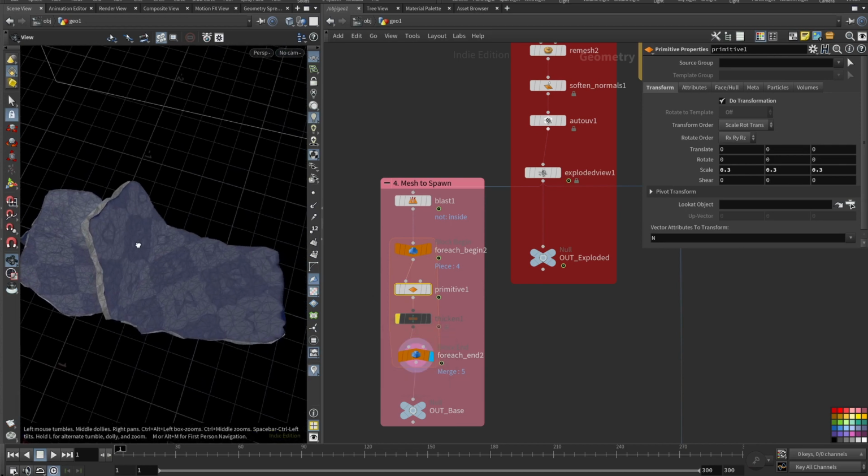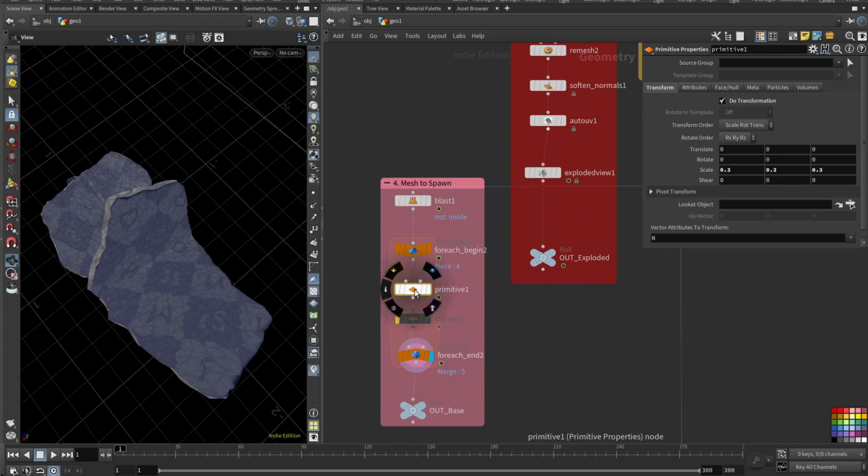So basically what this primitive SOP does with the scale, it scales each primitive kind of uniformly. If I uncheck it, you can see that it shrinks down almost. It's not like a real scale, it just shrinks down, and I don't want our particles to start like they already fill all the inner part of our rock. I want them to be in that center, in that middle part of the rock,